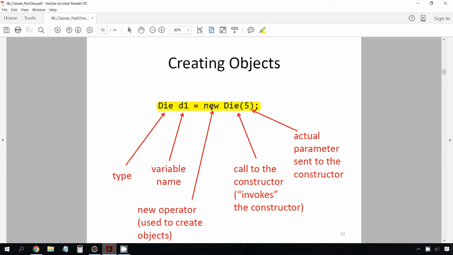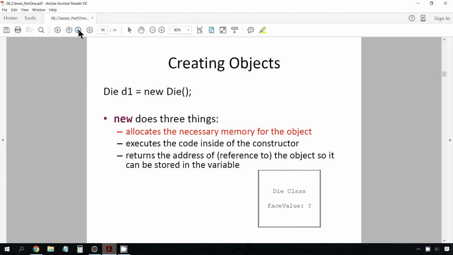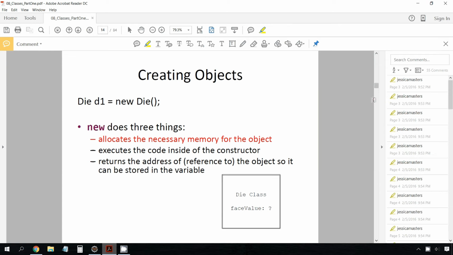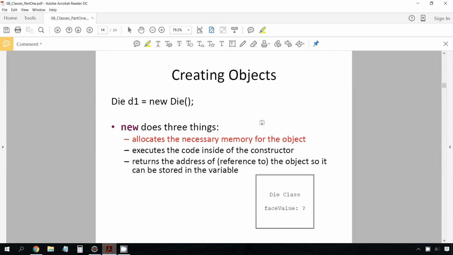So what happens when we invoke that new keyword? Well, three things happen. The first thing that happens is we allocate the memory that's necessary to store that object. So in our case, when we say new die, we allocate that, sorry, that should have a 5 in there. We allocate the memory that's necessary to store a die. So somewhere in memory, a bunch of space is carved out and allocated as much as is needed to store